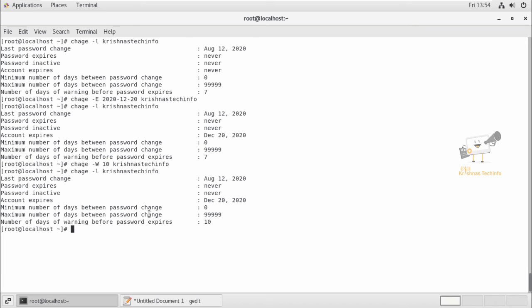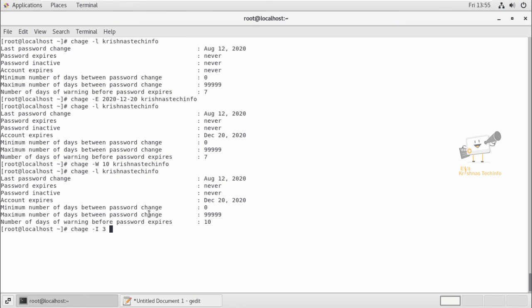Now to set the number of days of inactivity after a password has expired and before the account is locked, you can mention the days. So if the password is expired for the user account and the account will be inactive for some days before it is getting locked, you can use chage -i and set the number of days.